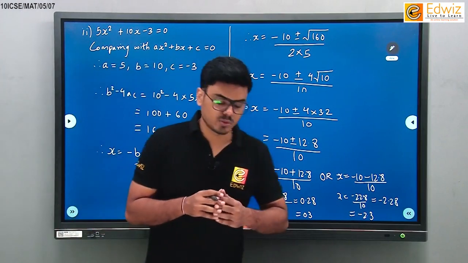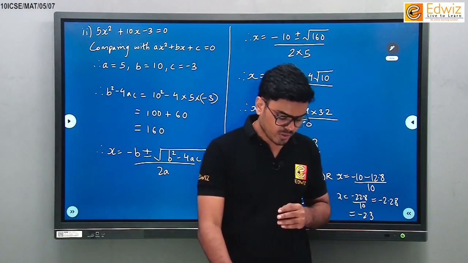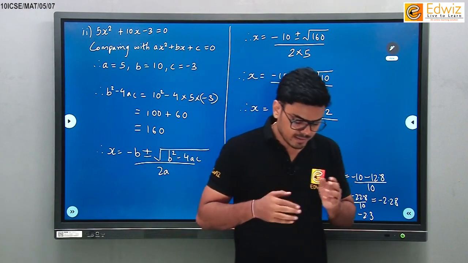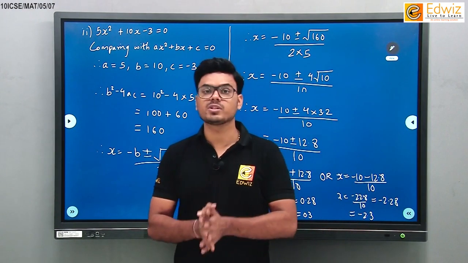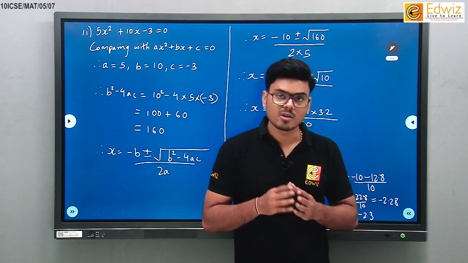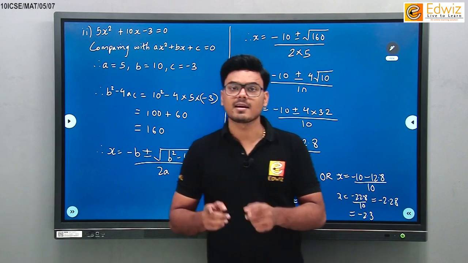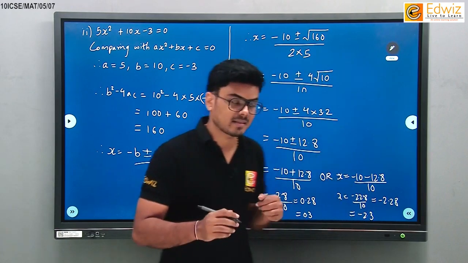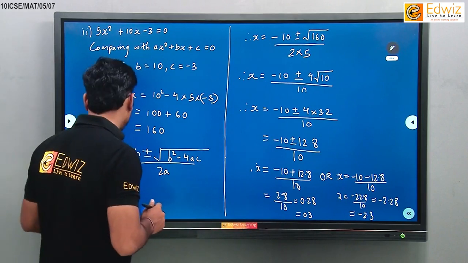Okay, let us continue, students. So this was the question where you had to find the solution correct to one decimal place. The next question is to find the solution correct to two decimal places. Question number 3, you have to find the solution correct to two decimal places. So some equations are given. Let us start. The very first equation here,